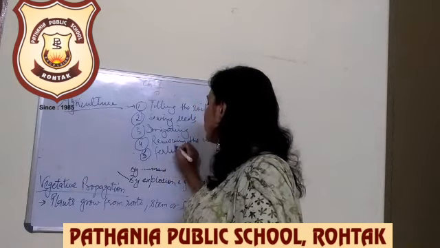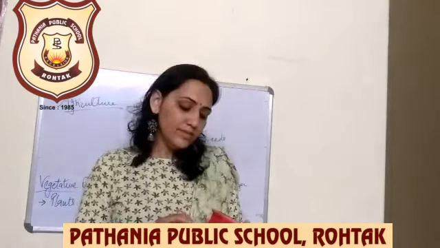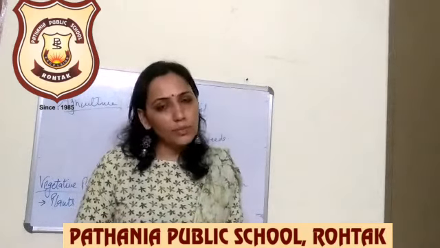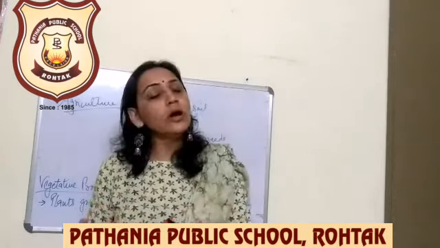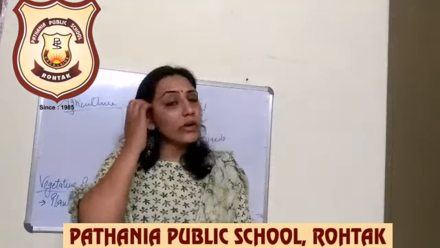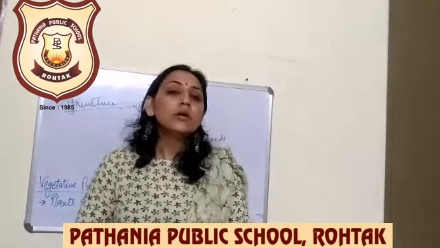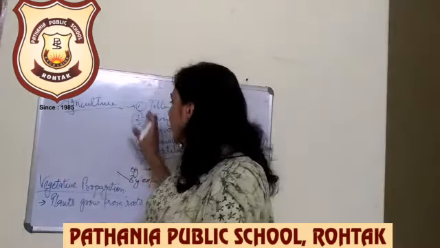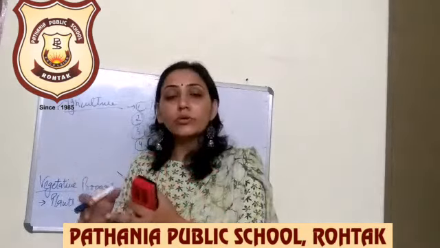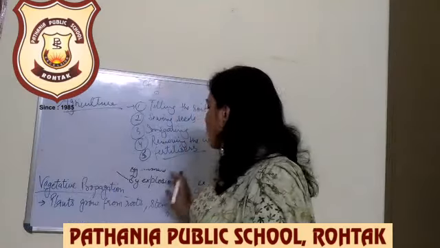The next step is adding fertilizers or manures so that the crop gets the necessary nutrients. Manures means natural compost that is very good for the crop. And the last is harvesting the crop. Harvesting means when a crop matures, it is cut and later stored in grain mills. So this is all about the agriculture methods or steps, how farmers take different steps to save their crops. Clear beta?